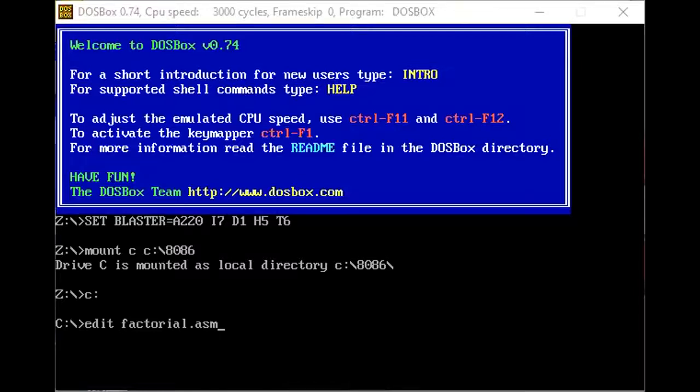Satvik here to introduce you to the lab assignment of the course Microprocessor and Microcontrollers. The question is to find the factorial of a number in the 8086 microprocessor. So now coming to the introduction part.